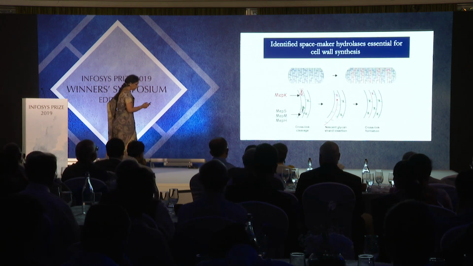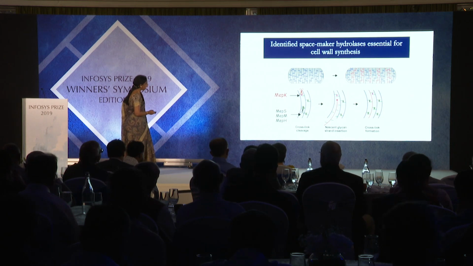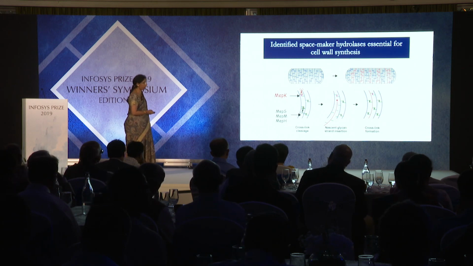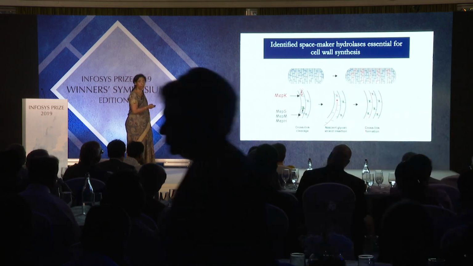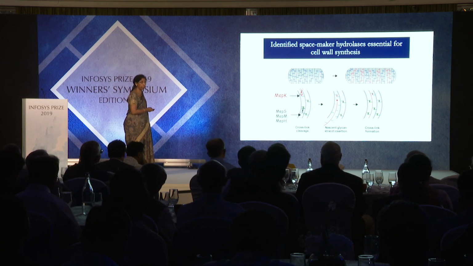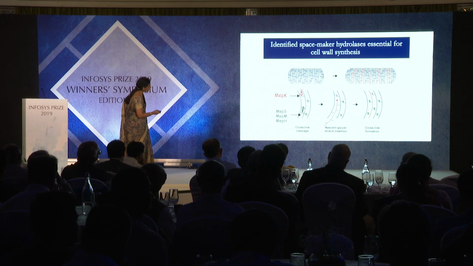So using those genetic screens, what we identified was four enzymes, which we named MepS, MepH and MepK. MEP stands for murein endopeptidases. Murein is another term for peptidoglycan. Murus means wall in Latin, so people use the word murein for the peptidoglycan. What we identified was that these four enzymes are absolutely important for the daughter cell to become the mother cell. All four cut the cross-links between two glycan strands and make space